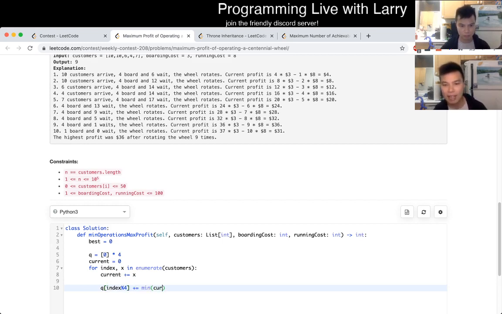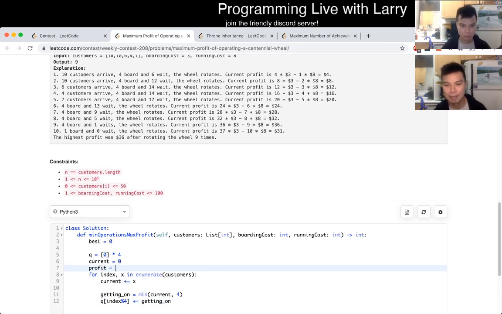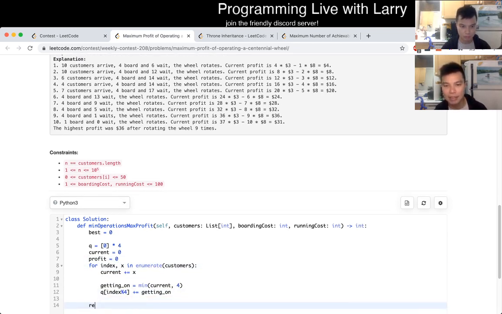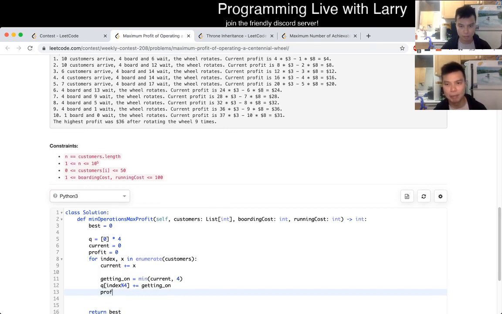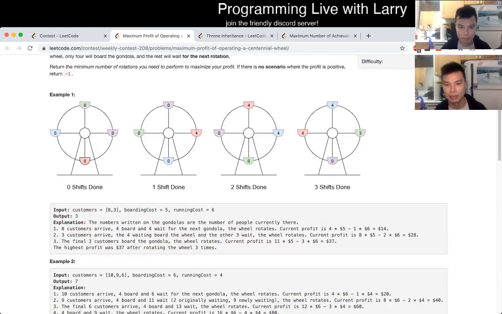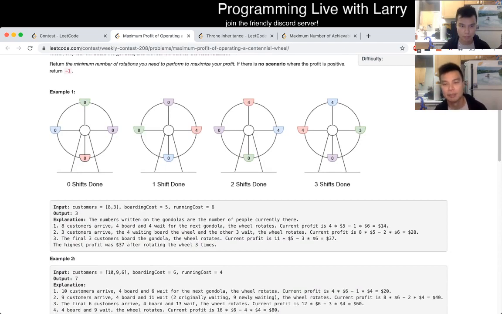But basically now I put it into the queue because I thought I still needed it, but now I just have a getting on variable, where the naming is really bad for me. I've been having poor naming choices for a while, but that's just me. But I thought this is all I need, right? We keep a running profit, which is the key part of this problem. You don't have to calculate everyone from scratch. You just keep the profit of people getting on, and then subtract the running cost of each loop, or not even a loop, but a partial loop, a partial spin, if you will.